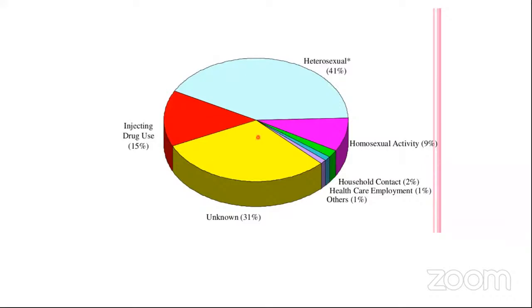So here you can see the distribution. So you can see the different percentages: injecting drugs, contaminated needles, that can also transmit this virus. Then homosexual relationship also 9% they can transfer, unknown reason 31, and another that is 41, that is the actual reason, that is